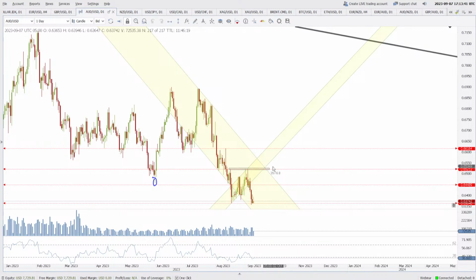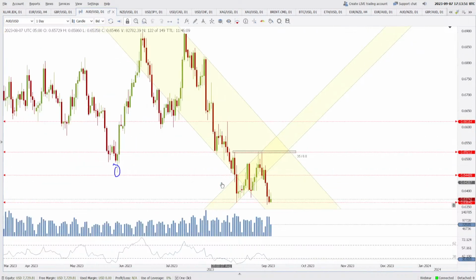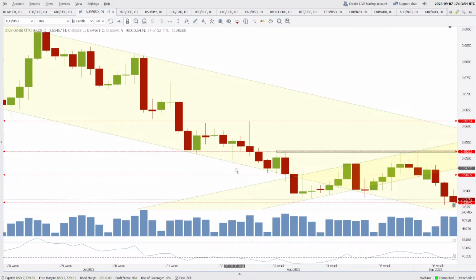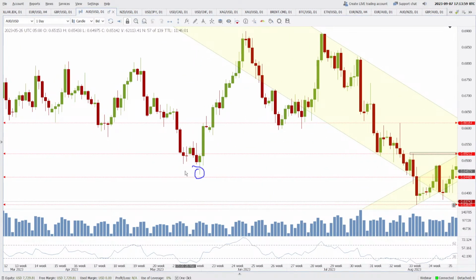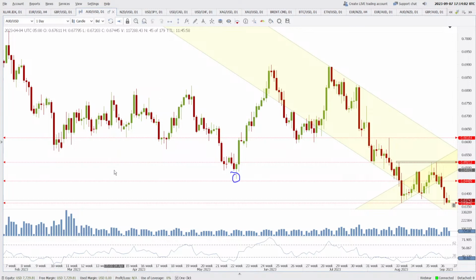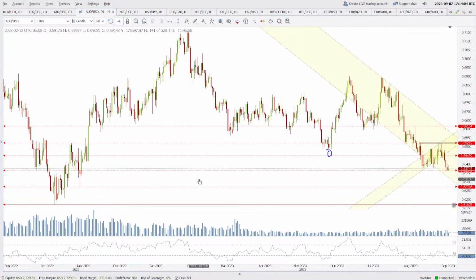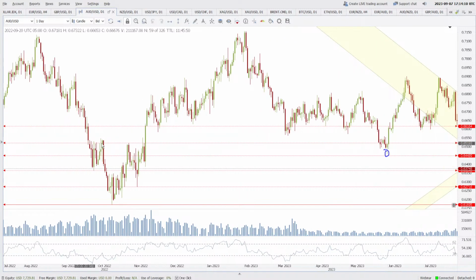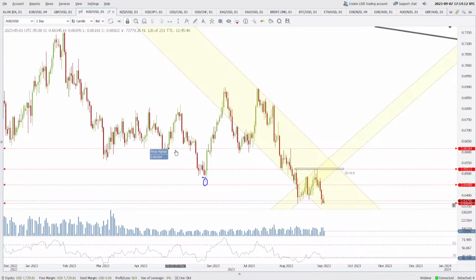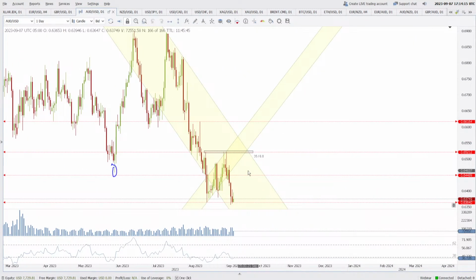Right now, why I'm saying 0.6521, because you see here 3 times the price has acted as a very good resistance. That means people are active in this area, and before that it has been a good level of support. Here you can see in this candle, and as a resistance in this candle, support in this candle. So this level has been very active in the past. Okay, you can see, and I'm interested in this level because of these highs here and these highs here. So yes, this is confirmed. We don't want to go more into the history, but this is confirmed that if the price comes to 0.6521,